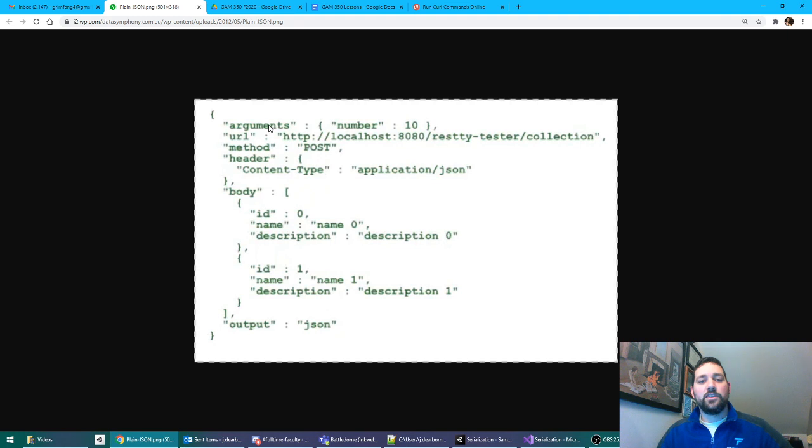And in JSON, because it's a text format, you can think of these all as strings. Arguments here, in quotes, is a string, and the colon separates the key from the value. And the value that is being mapped to is this other stuff on the right-hand side. We also have the key URL mapped to this string over here. It's an HTTP URL. We have method mapped to the word post, header mapped to this thing in curly braces.